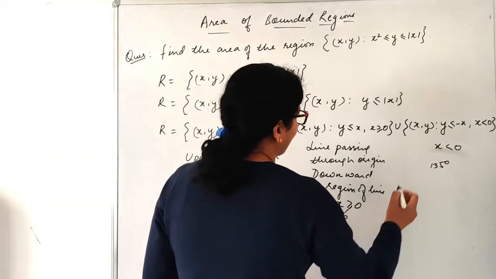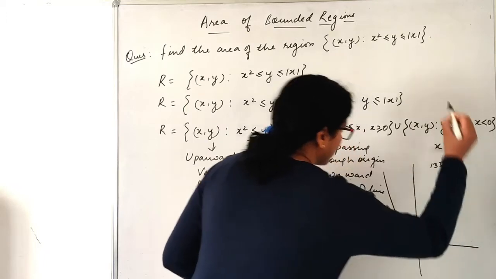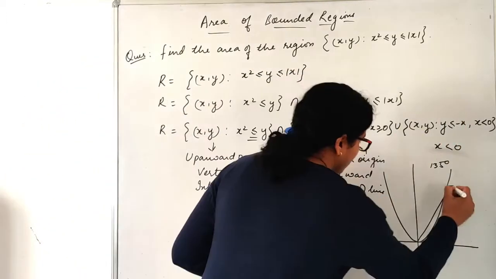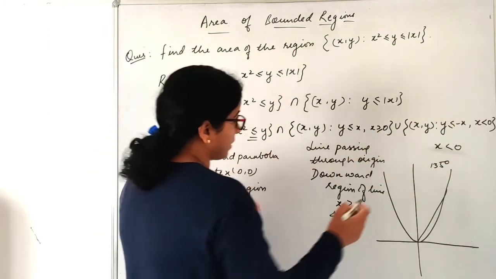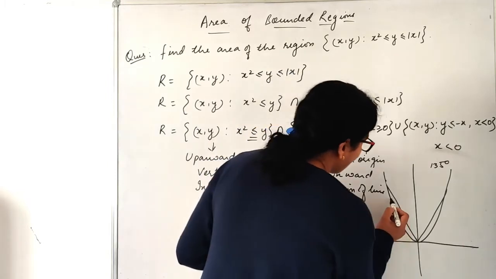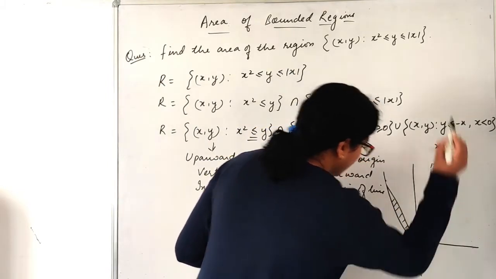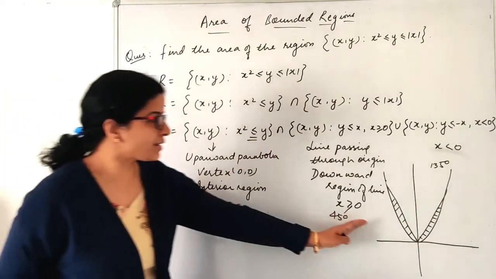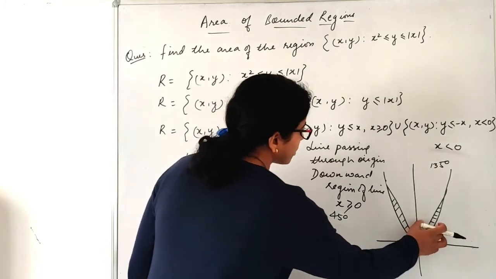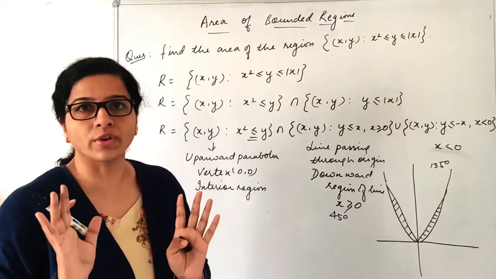So what will be the graph? First of all I have an upward parabola, right? So this is my upward parabola. Now I have y is equal to x. This will be the line. Y equal to minus x. This will be the line. Correct? And since I said below the line and the interior region, this will be my shaded region. Correct? Moreover, we can see the figure is symmetrical about the y-axis. So if I find the area of one region, I can multiply by 2. I will get the bounded area of the whole region.